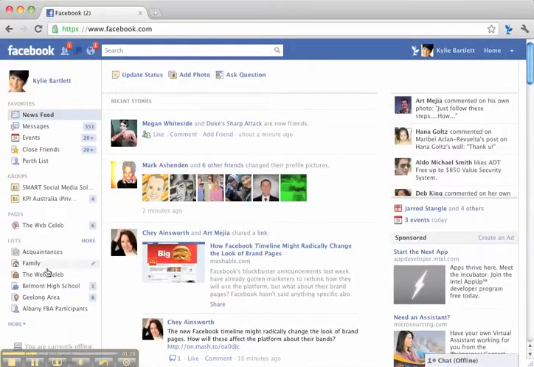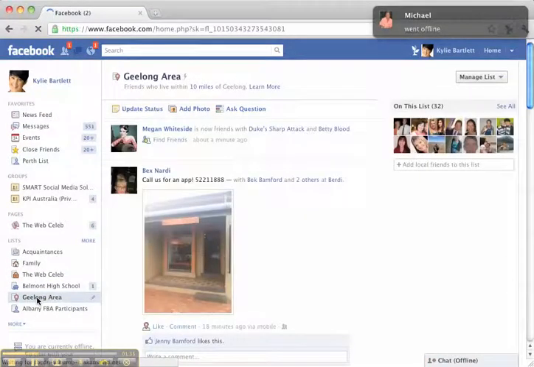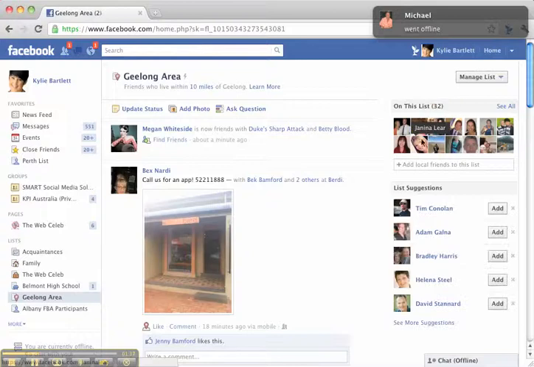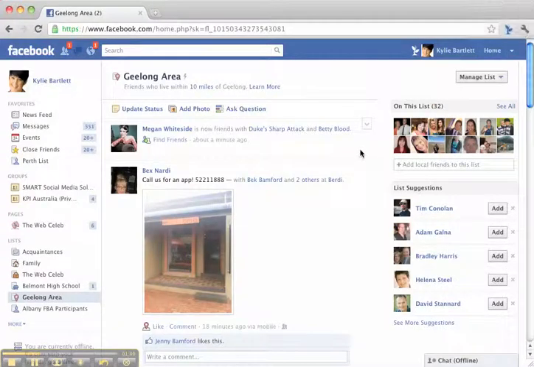So let's go back to my smart list here. What you'll see is that under Geelong, because I had Geelong as my area, it's put 32 people into a smart list that also live in Geelong. So be careful what you've got in that personal profile section, because it's going to set up smart lists for you. Of course, you can go and edit them, but there's a bit of mess doing it, so I'd rather you set up your personal profile page properly so it's pulling on the right information. So that's what it's known as a smart list.